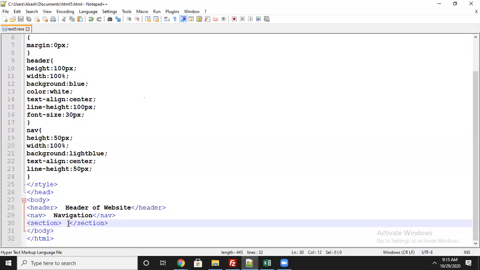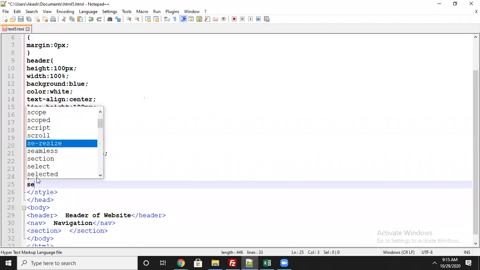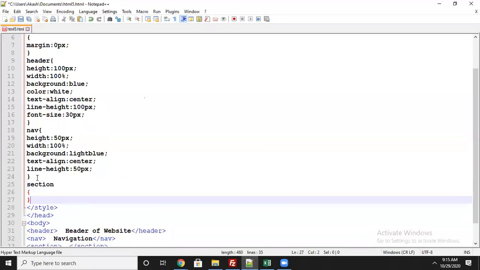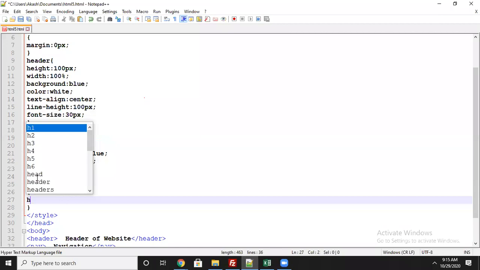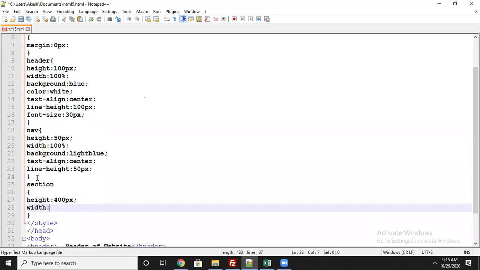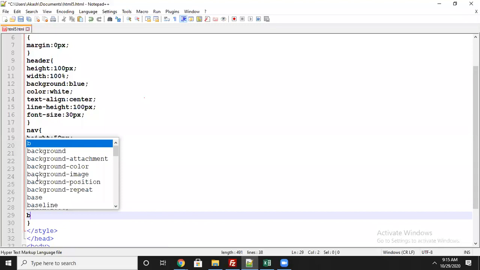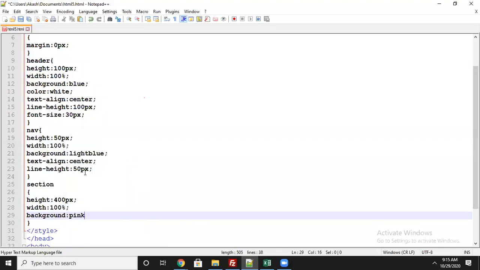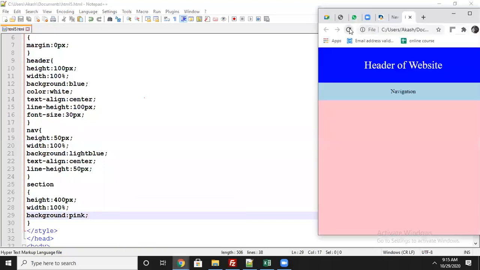Let's see, for this section tag also I will define the CSS. Section, open and closing bracket. I will specify height 400 px, width 100%. I will take a background pink. Now you can see it takes 400 px.